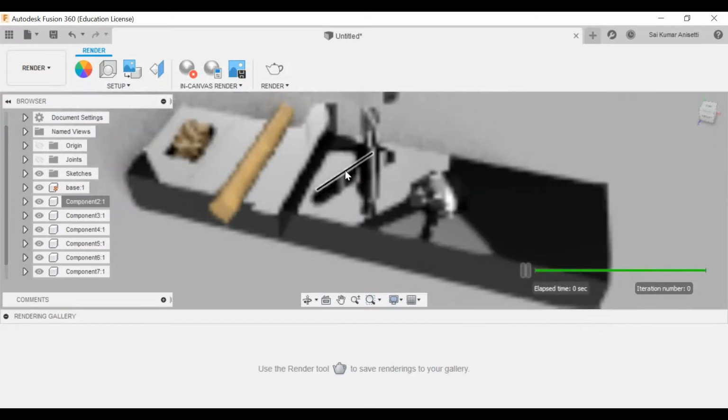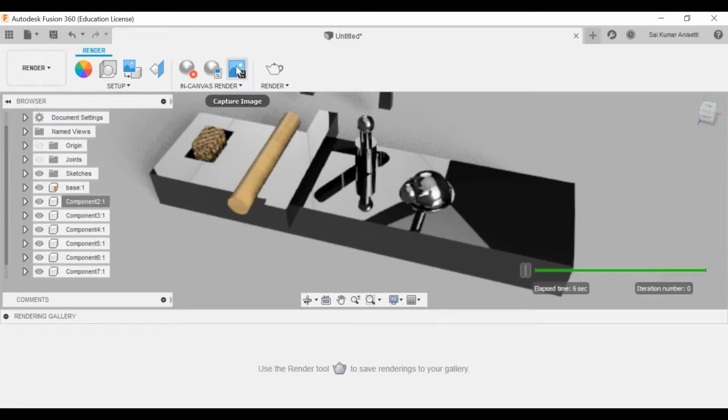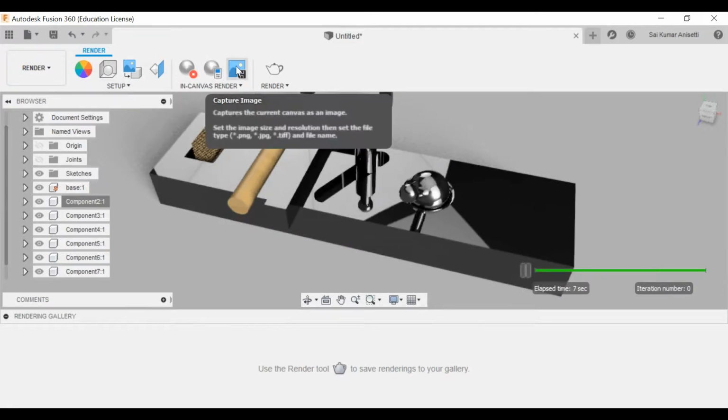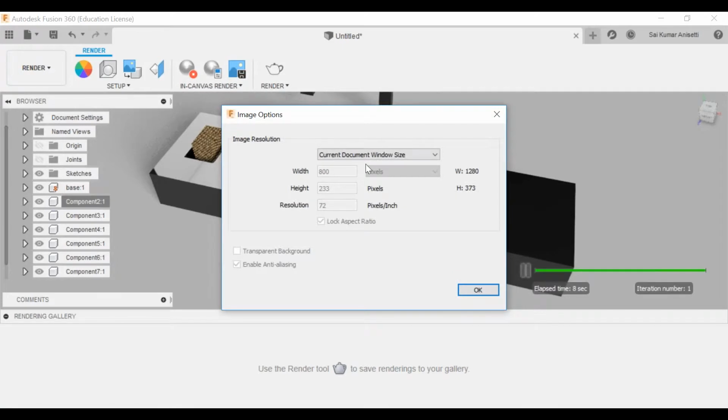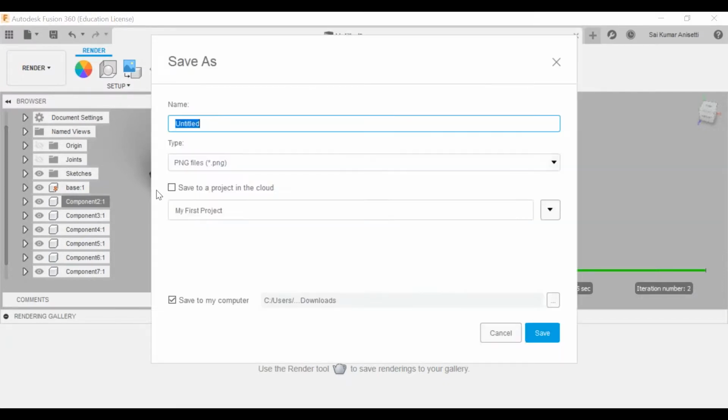Leave your system until it completely renders your environment, and then if you want to capture an image, just capture your image and save it in your Windows environment. Just click OK. It will save it in your online environment wherever it is.